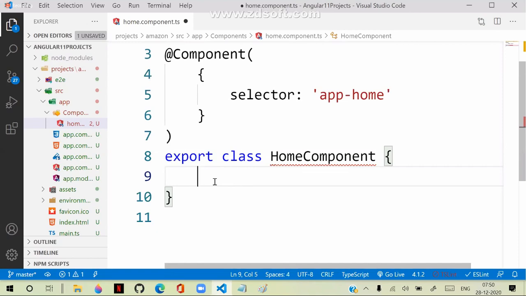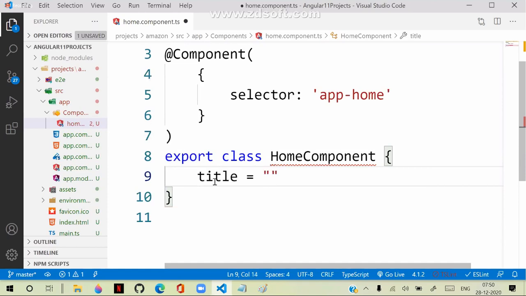In TypeScript, we learned about data types and all. Now, as I already showed you, TypeScript rules are mentioned in tsconfig. As per the default rules, you don't need to define any access modifier. You don't need to define any type. You just need to write a property and define some value into the property.